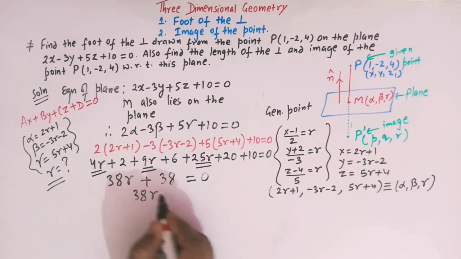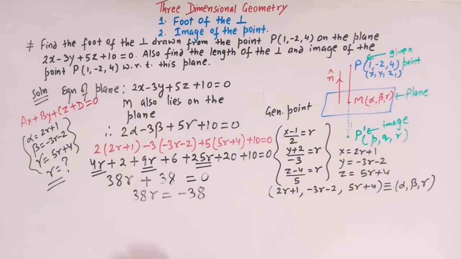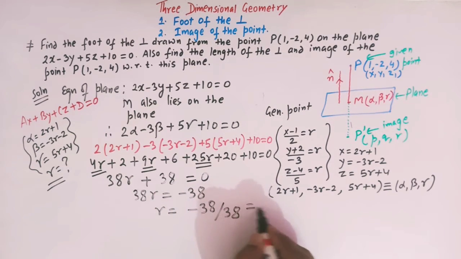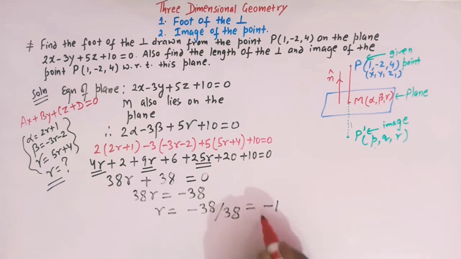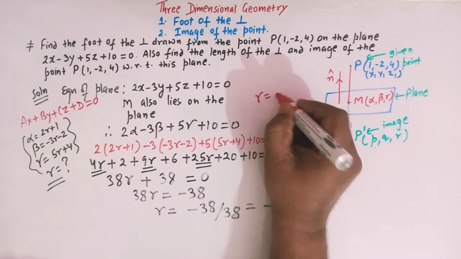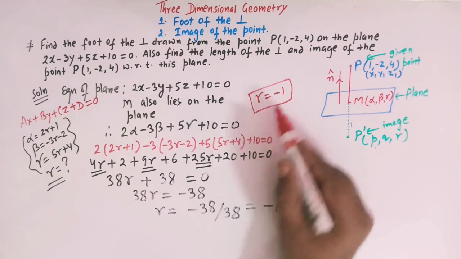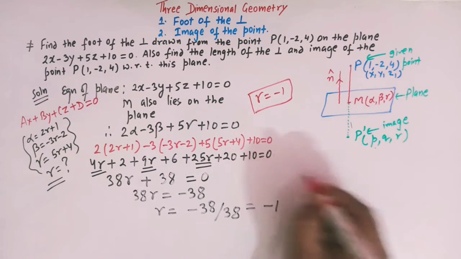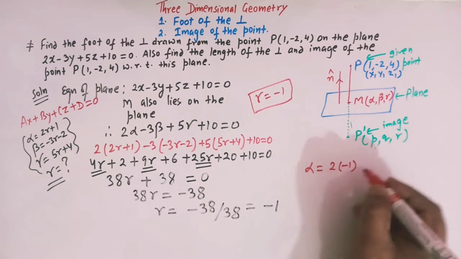This is 38r equal to minus 38, and r is equal to minus 38 over 38, and that is equal to minus 1, right? So now viewers, the value of r is equal to minus 1, right? And if we substitute this value of r over here, we get alpha is equal to 2 times minus 1 plus 1,